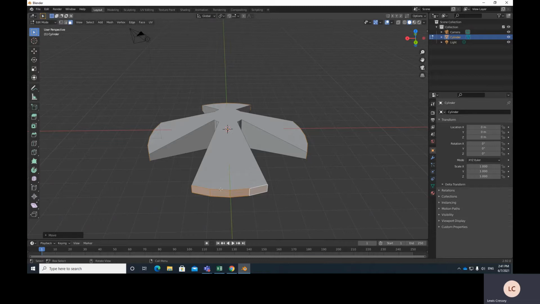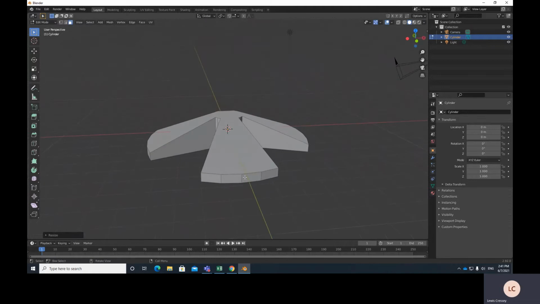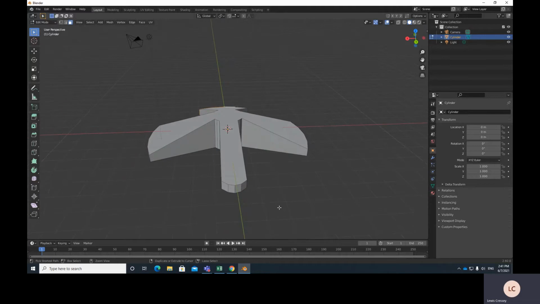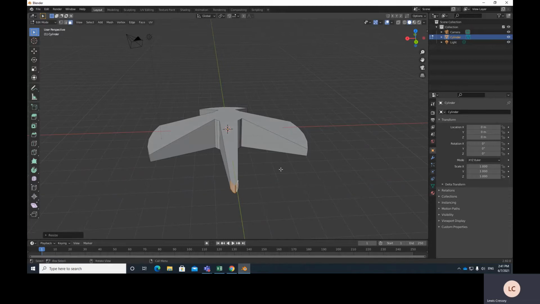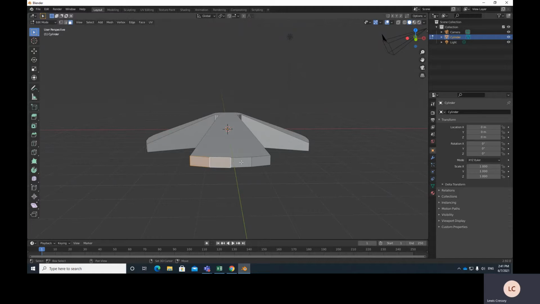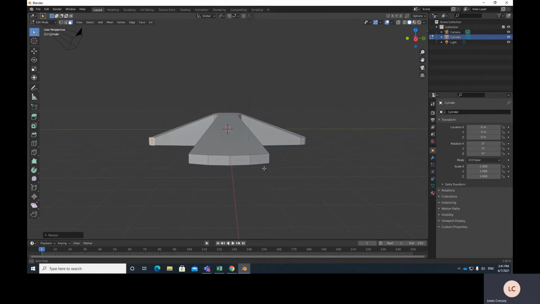Now, the last step, this is an option of this leg. Press S, then choose the X axis and just scale it in to make that leg a bit thinner. And I can do that over here as well. Now what I'm actually going to do is, instead of scaling it by hand, scale it by number. So I'll press S, which will allow me to do exactly SX 0.1. Legs are on the y-axis, so I'm going to type